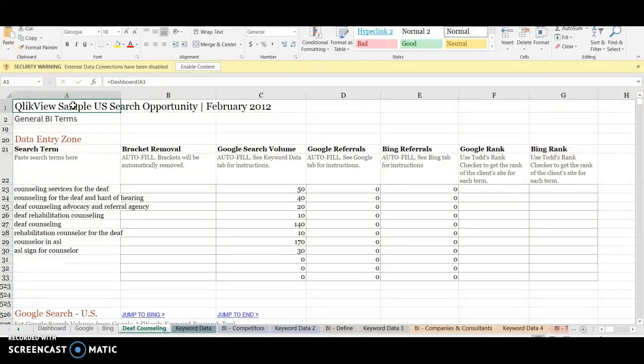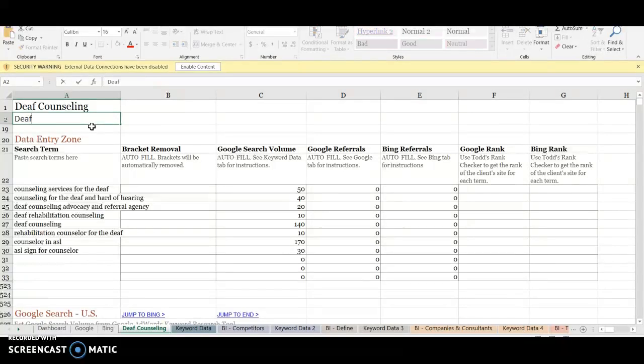Instead of this, what you need to add over here is deaf counseling, and that's it. Okay, and then you can say deaf counseling terms. Alright, that's my category,